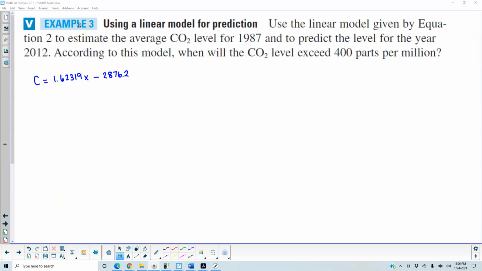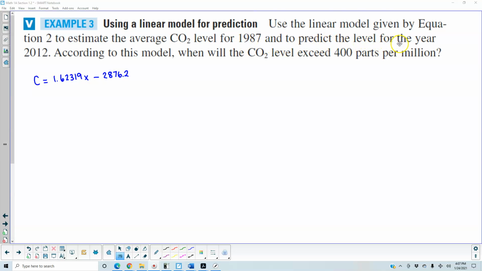Example 3, we're using the result from example 2. We're using a linear model for prediction. The linear model that we got from example 2 was C is equal to 1.62319x minus 2876.2. We're going to use the linear model given by equation 2 to estimate the average CO2 level for 1987